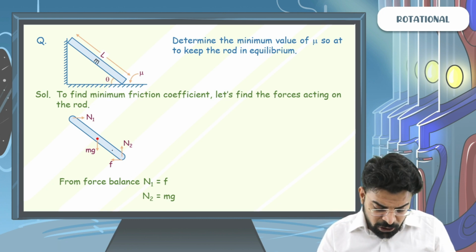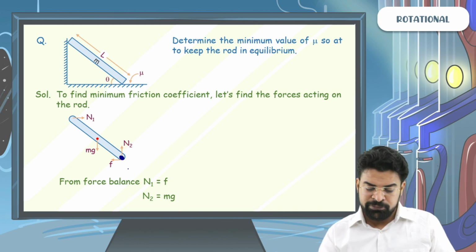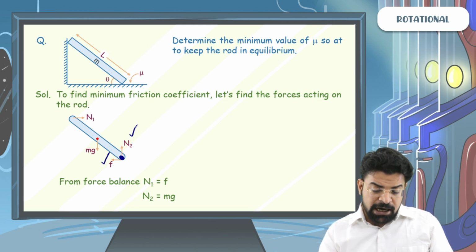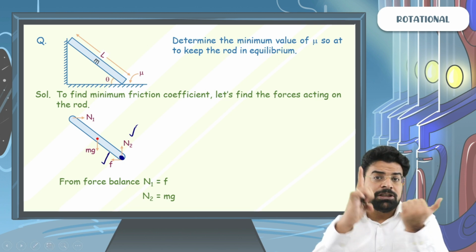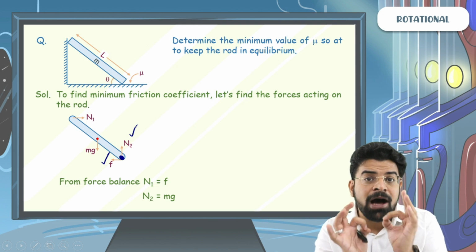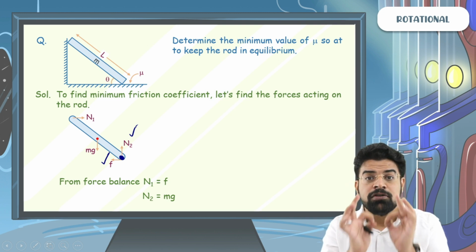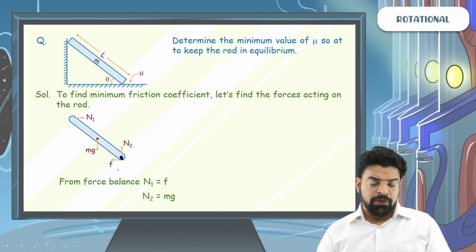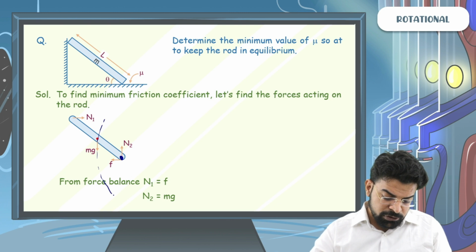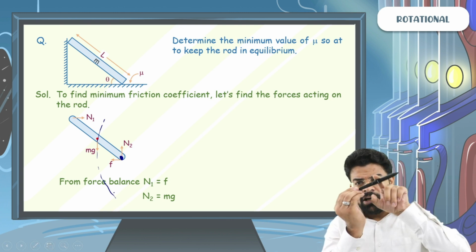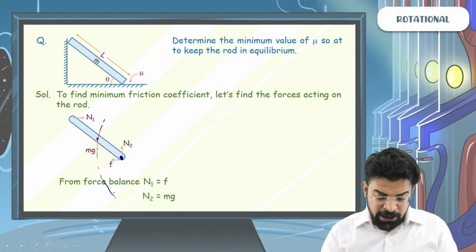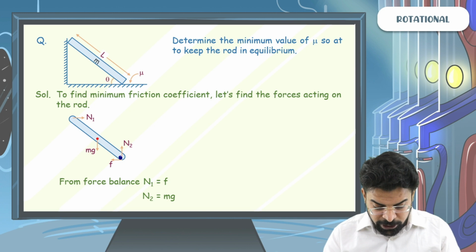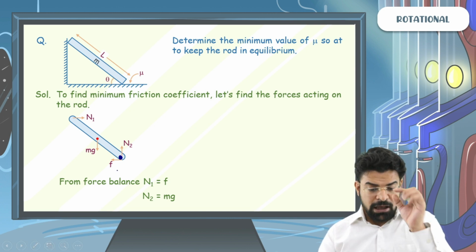If we make the torque equation about the lowest most point, then since both the force of friction and the normal by the ground pass through this point, for both of them R is 0 and hence the torque because of both of them has to be 0. So about this lowest most point, the torque because of the force of gravity, which will try to turn it anti-clockwise, balances out the torque because of N1. Now how to write the torque because of mg and N1 about the lowest most point?